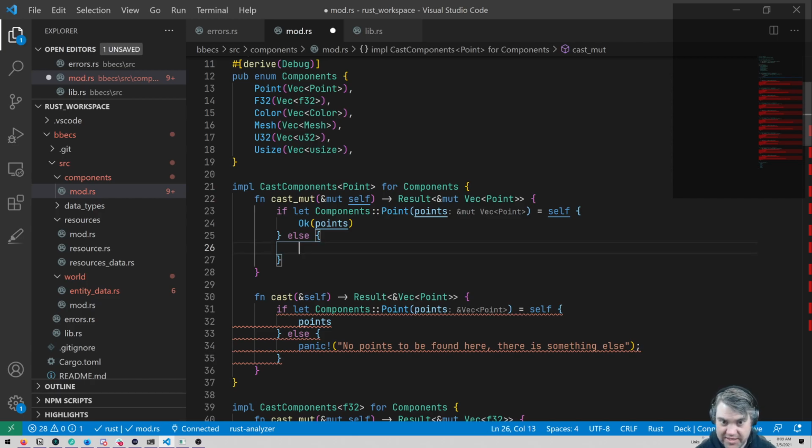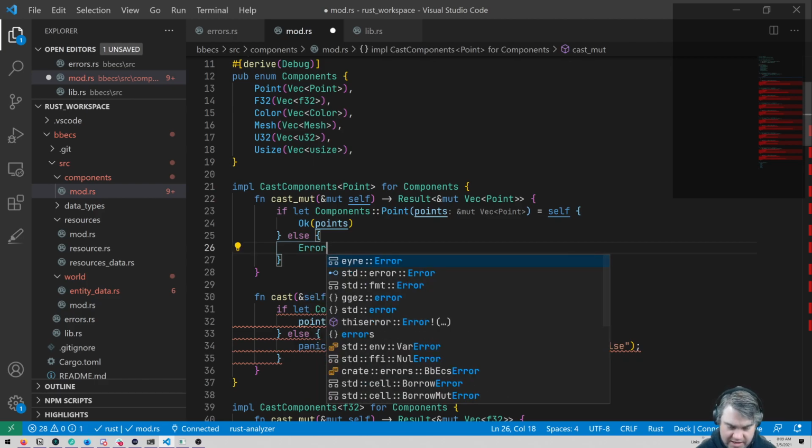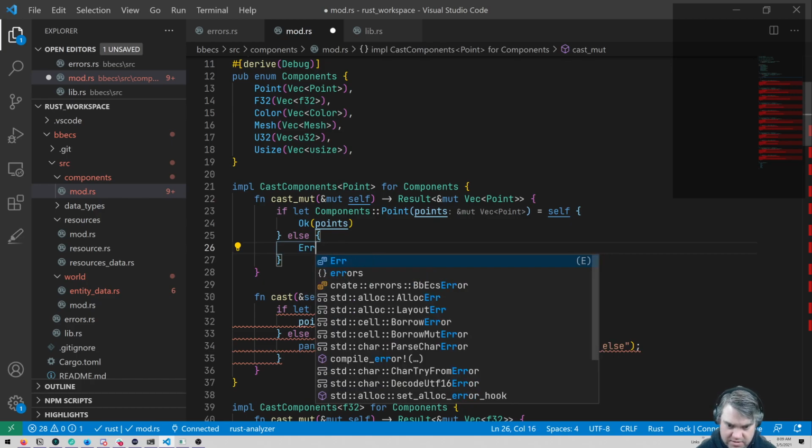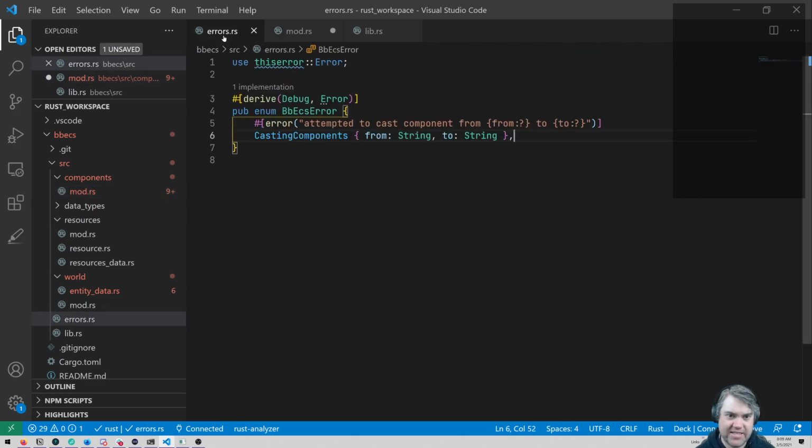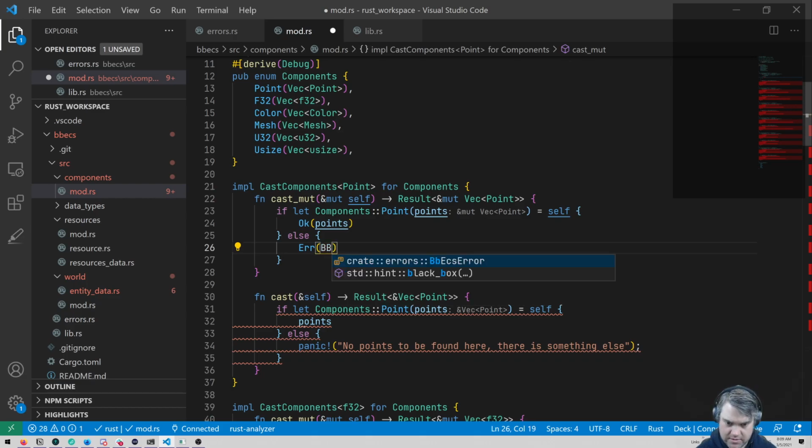What I want to do is return a new error actually. So we're gonna return an error. Oh, it's error. And then it's gonna be this errors BB-ECS error.